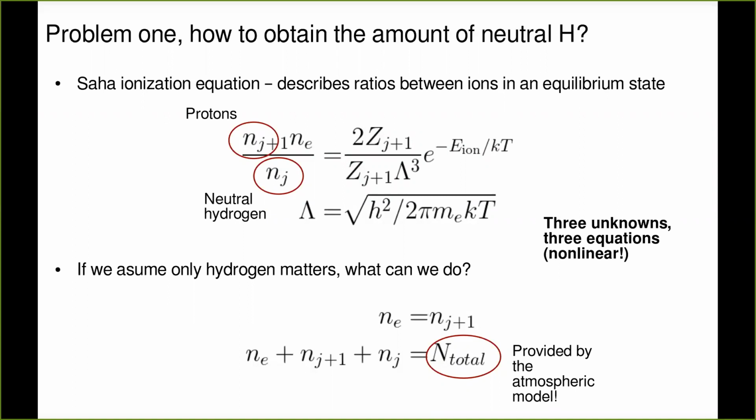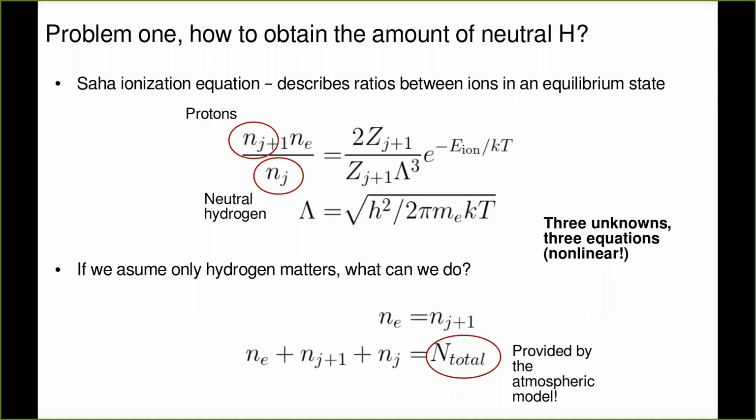The system that I'm showing you now, you can solve analytically. People who attended the course last year solved it analytically; you just write a quadratic equation. But for more than one species, you cannot solve it analytically anymore. You need to solve something that we usually call chemical equilibrium. And that's basically always the most cumbersome and most annoying part of radiative transfer calculations, because it's a nonlinear system that usually needs to be solved using something called Newton-Raphson iteration. And basically that's what we call the equation of state.